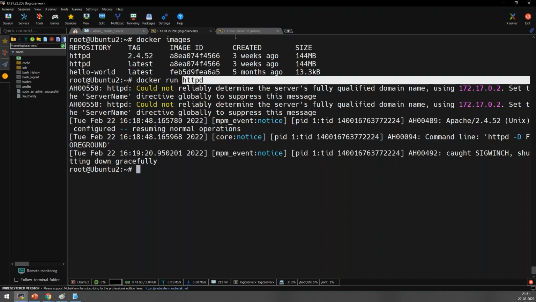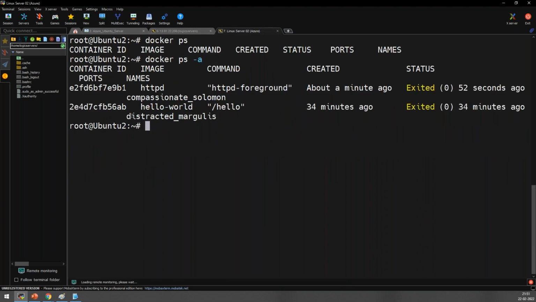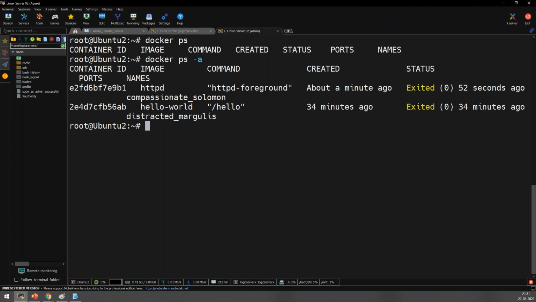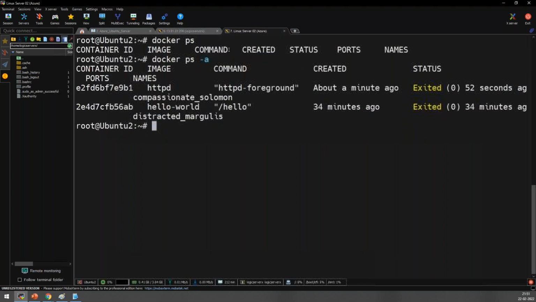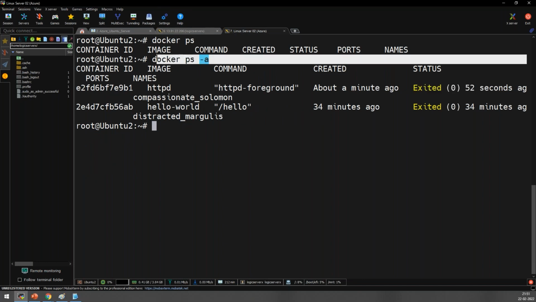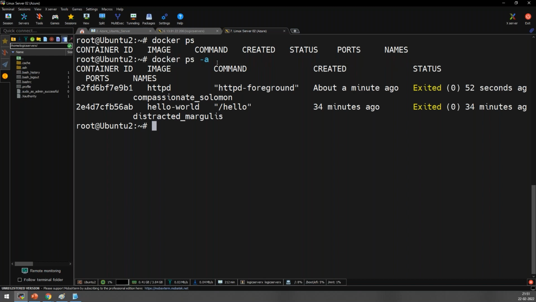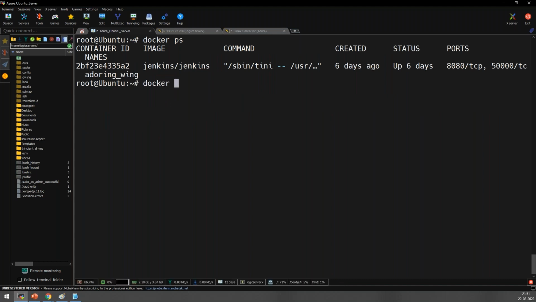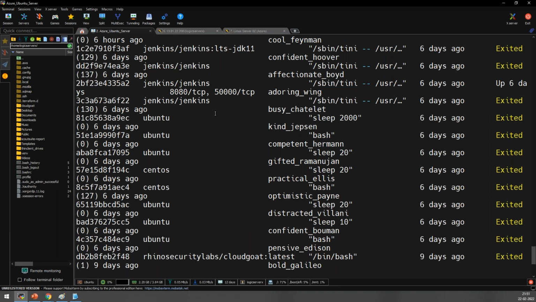But if you type docker ps, it is not showing the running containers because this is not running now. I have run the container, but there is nothing I have done inside it because there is no task to run. That is why the container already exited. This command will basically show us the containers which have already run and exited before. For example, if you type docker ps -a on a different server, see, all these containers I was running previously.